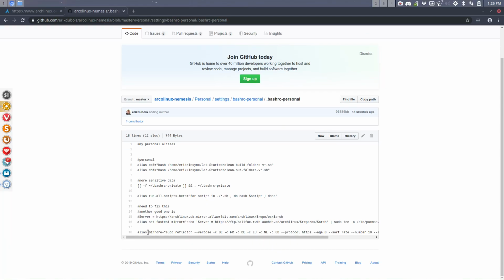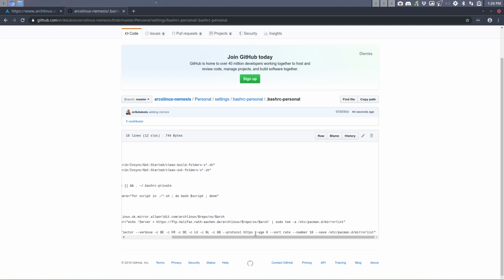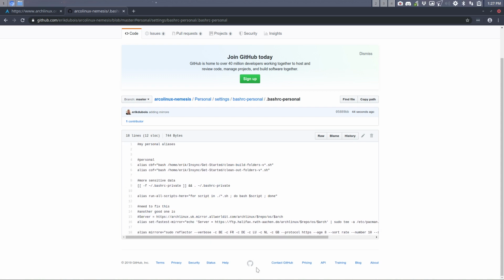This is the alias mirror E, the E stands for Eric: sudo reflector, get me everything from Belgium, France, Germany, Luxembourg, the Netherlands, and England. And I want protocol HTTPS, etc. So this is also a possibility. Get the closest Arch servers around, so your neighboring countries, and not just Bangladesh, but get the others as well. So that's another great tip and exercise for you to try out. All right, enjoy.